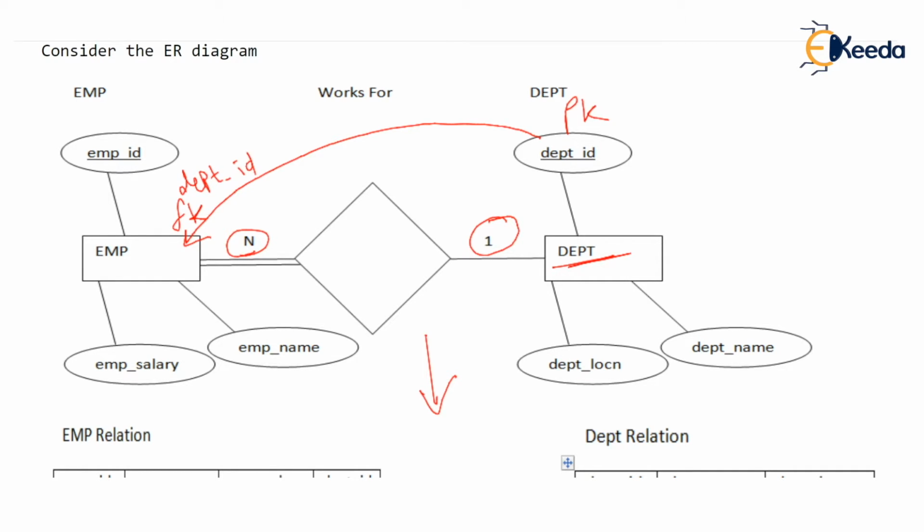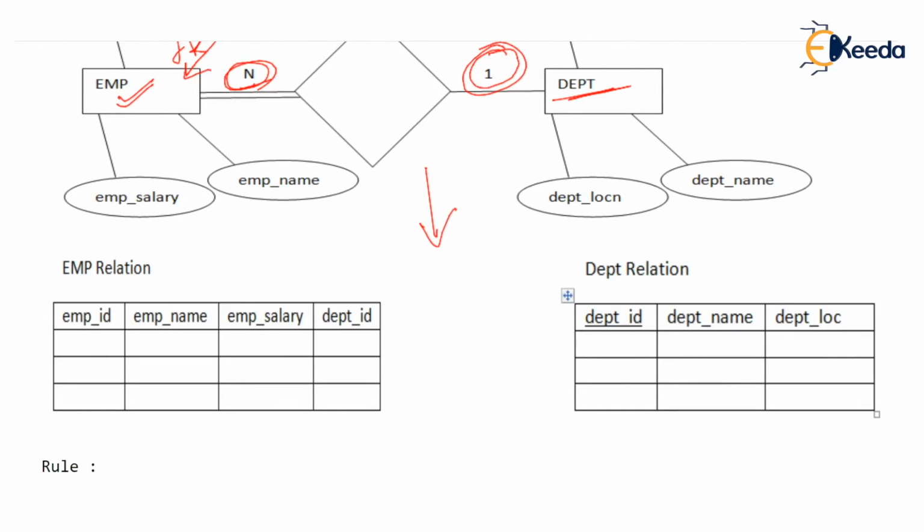I hope you are understanding. What is the rule? Second time, repetition. In a one-to-many relation, primary key of one side becomes foreign key of many side. So EMP will not have 3 columns, it will have a 4th column also, which is DEPT ID. Come again. Here, are you understanding? This is the primary key of the DEPT relation. This becomes one more column over here, and this is foreign key of the EMP relation.